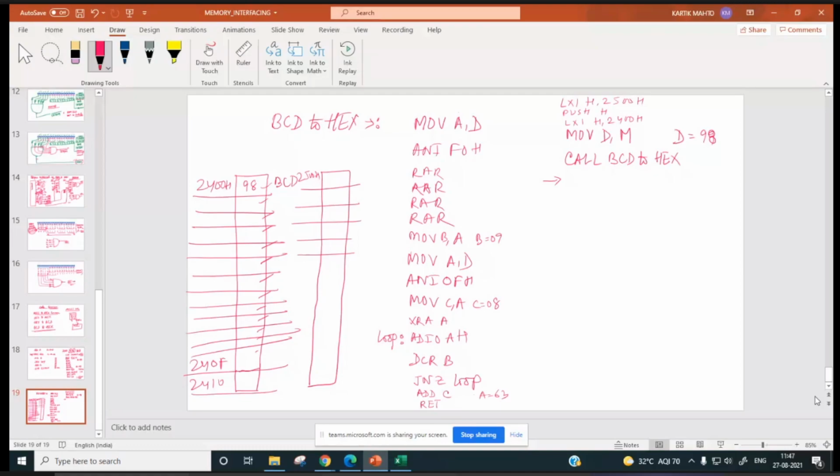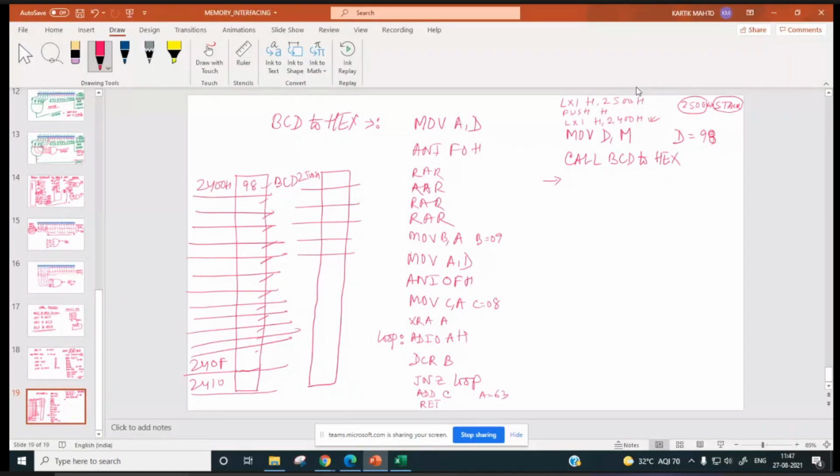We will discuss this later on. Right now, 2500 is saved on stack. This address is saved on to this stack.